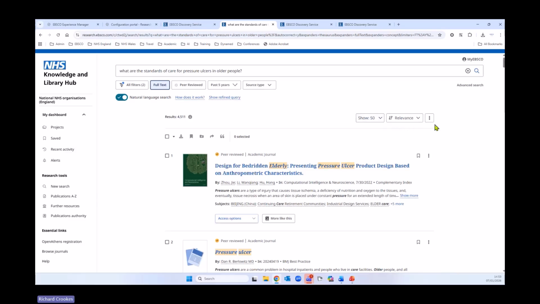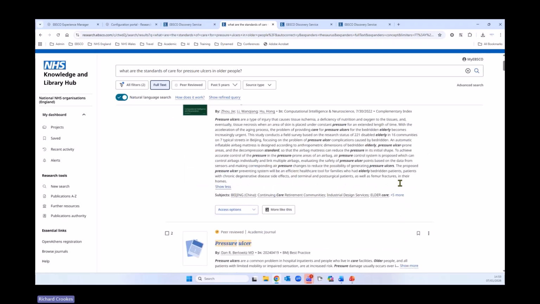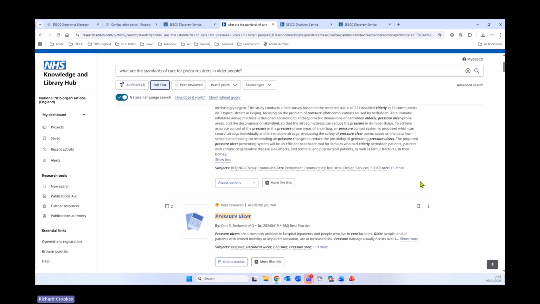Okay. And results are sorted by relevance. Again, this is based on the standard relevancy ranking that was also apparent in the hub, and it's on the classic interface. That means the weight is associated with the subject terms, followed by the words in the title, the words in the abstract, then author-supplied keywords, and also the words appearing in the full text. And this happens to be, of course,